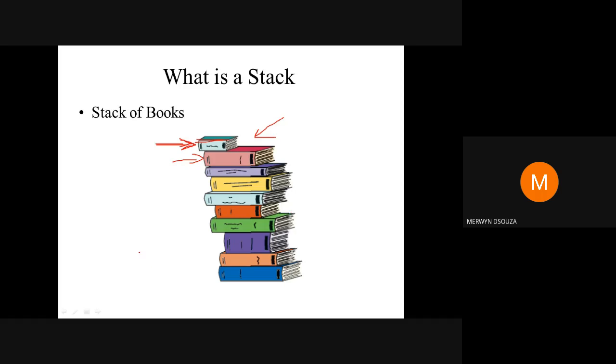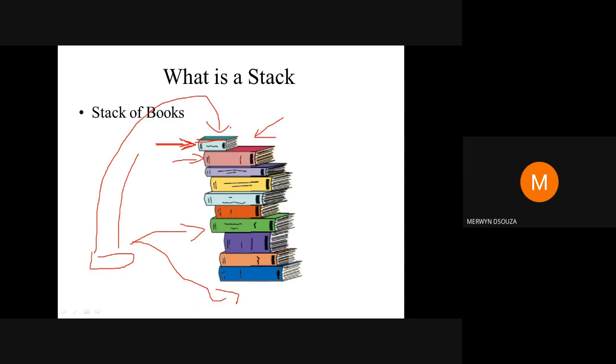Similarly, if you have another book and you want to place it on the stack, you will not try to insert it at the bottom or in the middle. It's more difficult that way, and maybe the entire stack will collapse. The easiest thing is to keep the book right on top. So in a stack, removing a book or keeping a book is easier at the top. You just need to remember this: in a stack, it is easiest to insert or remove from the top.